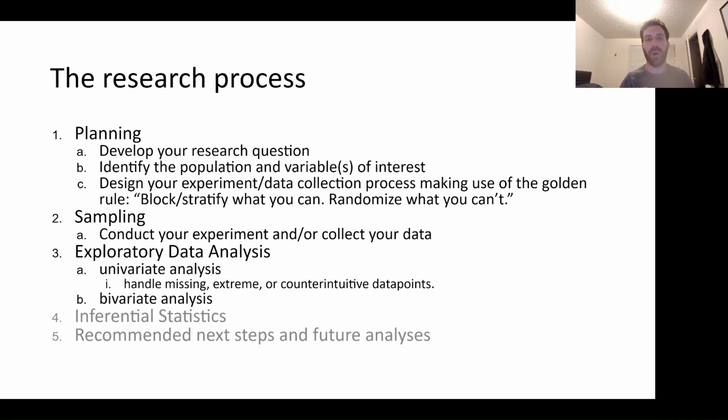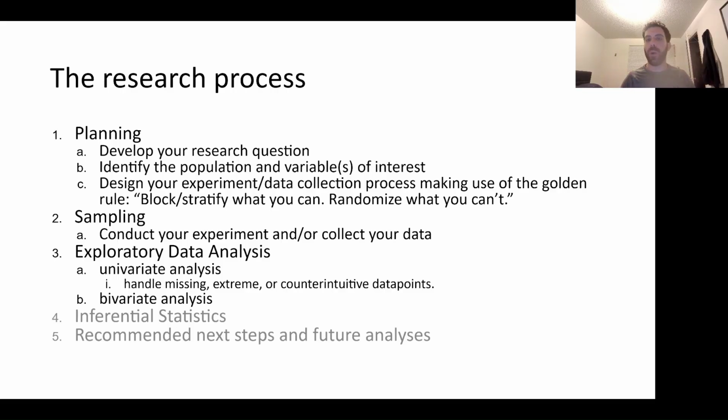I know it seems a little overwhelming to have 3 assignments due in 1 week, but this is really just thinking about a research question that is of interest to you. Then you want to identify the population and variables of interest, which will inform the sorts of data you're going to collect. And then when you design the data collection process, which may involve conducting actual experiments, there's a golden rule that the professor for experimental design taught us that I think summarizes really well the principles behind design in a simple way. And